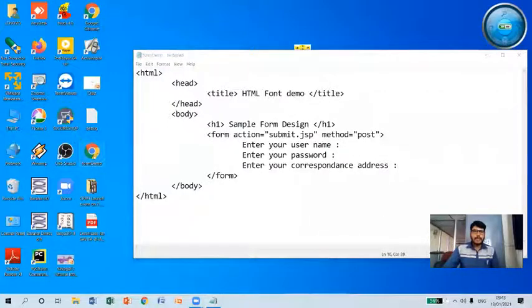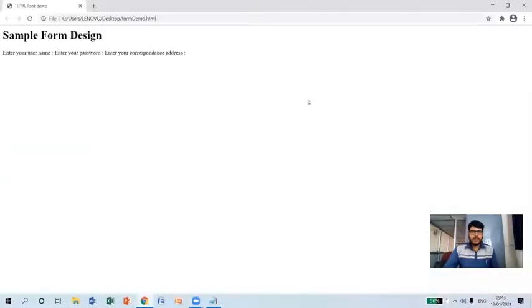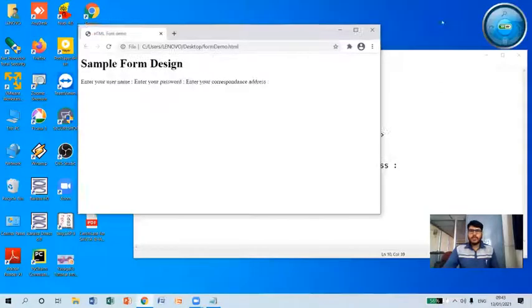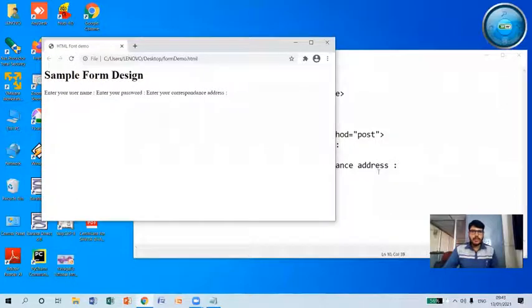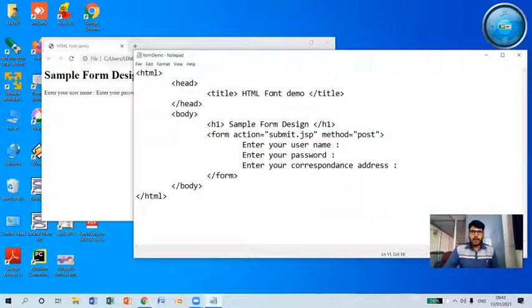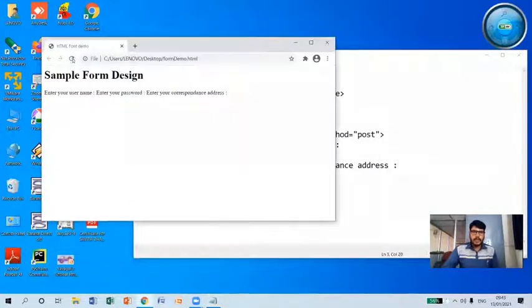So let me double click on this so that it will open the web document which I have created here. Yeah, so it has opened. Okay, HTML form demo. So let me change this form demo, click on save and reload this.